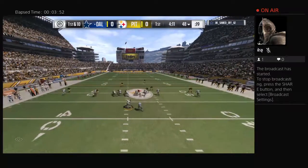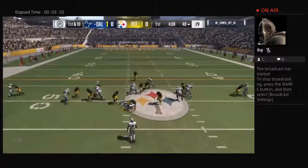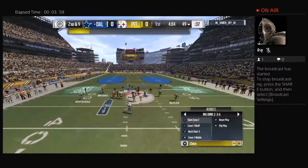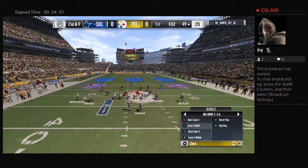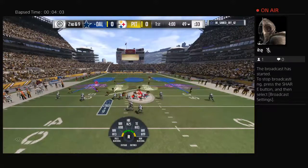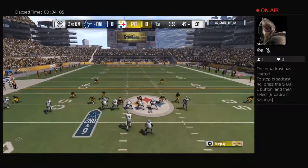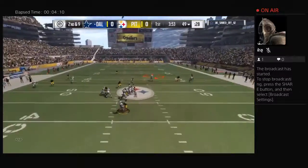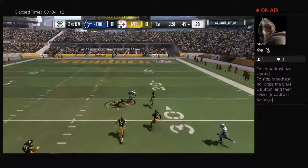Bryant, the man in motion right. They'll run it now out of the gun. And nowhere really to go there. He'll take this up just shy of midfield. Just a yard on the pickup there, and it'll bring up a 2nd and 9. Now that's the type of play that'll fire up the defense. Hold them to 1 yard on a first down run. It'll be interesting to see if the offense decides to press the run at all, but they'll abandon it now